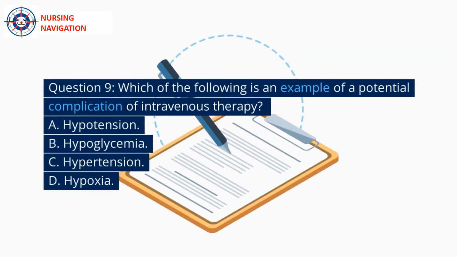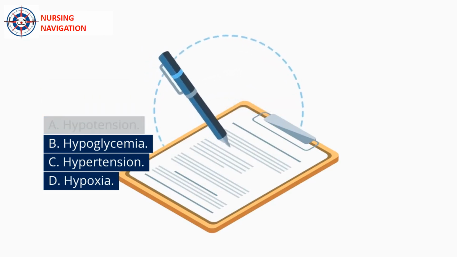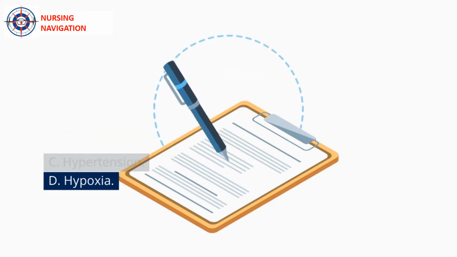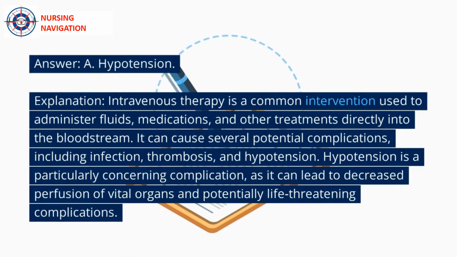Question 9. Which of the following is an example of a potential complication of intravenous therapy? A. Hypotension. B. Hypoglycemia. C. Hypertension. D. Hypoxia. Answer. A. Hypotension. Explanation. Intravenous therapy is a common intervention used to administer fluids, medications, and other treatments directly into